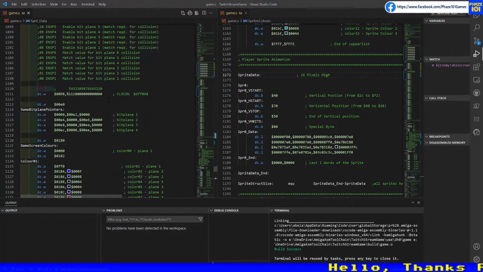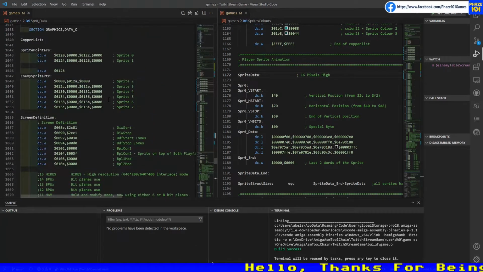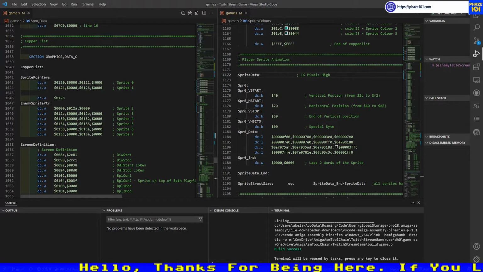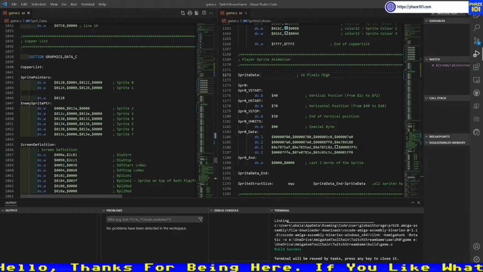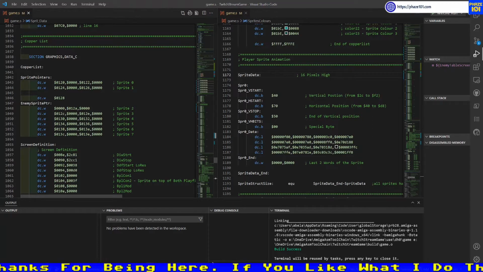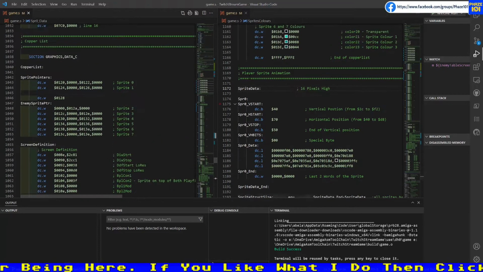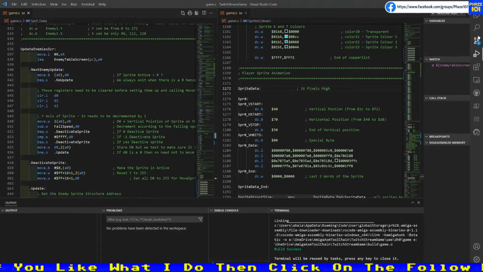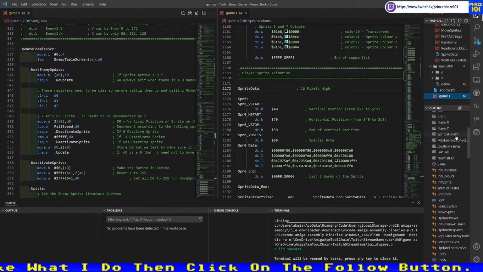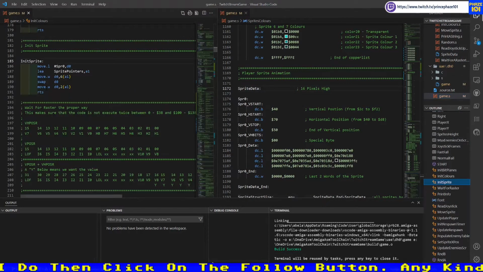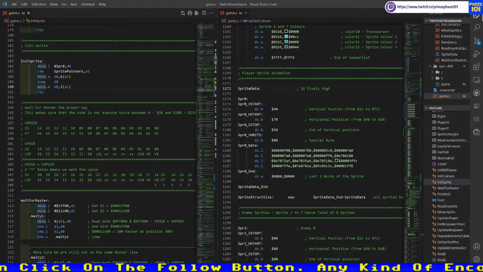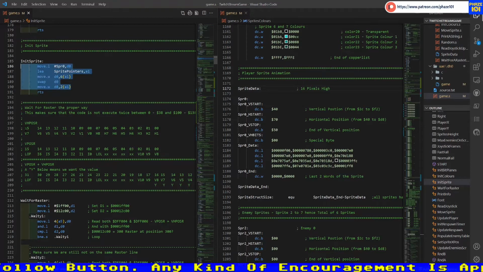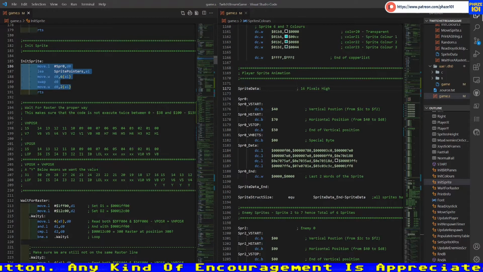So if you recall, we have sprite pointers, and we are populating this sprite 0. In the beginning, we are populating. Let's find it. We have this small routine that sets the pointers for the sprite,